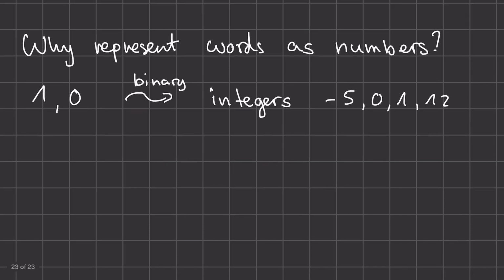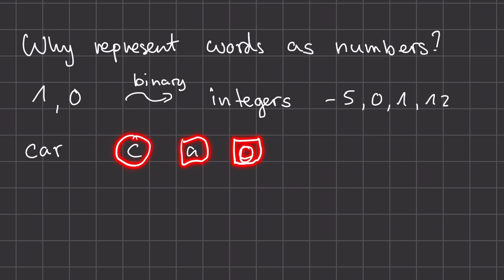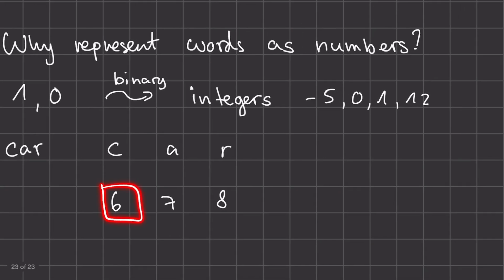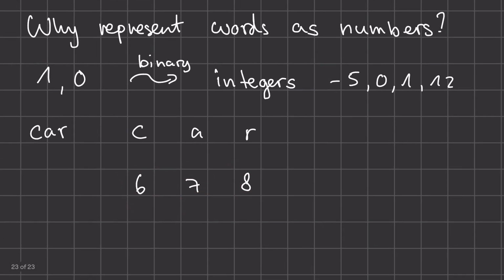And when we have a word like car stored in a computer, we store this as a list of characters, so C, A, and R. Each of them has a representation, but we're not storing them as these letters in the computer. We are representing them through an integer. So for example, 6 for C, 7 for A, and 8 for R. This isn't exactly how they are stored. There are different numbers for these, but just for this representation, I'll show it like this. So in a computer, we will have the binary numbers 6, 7, and 8 written after each other to represent